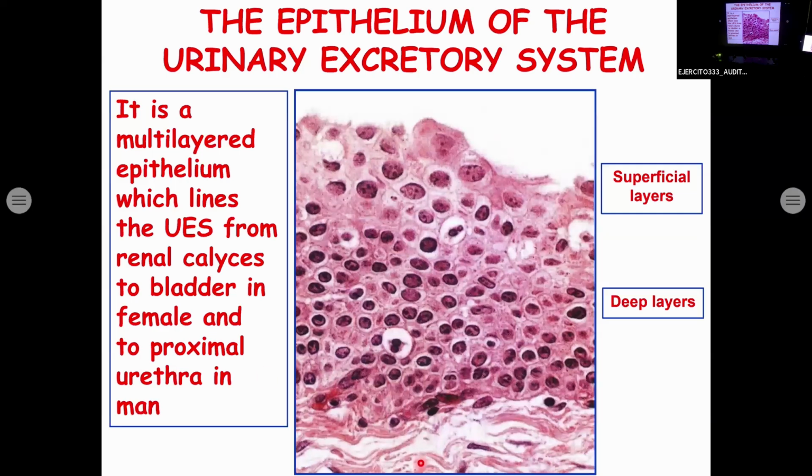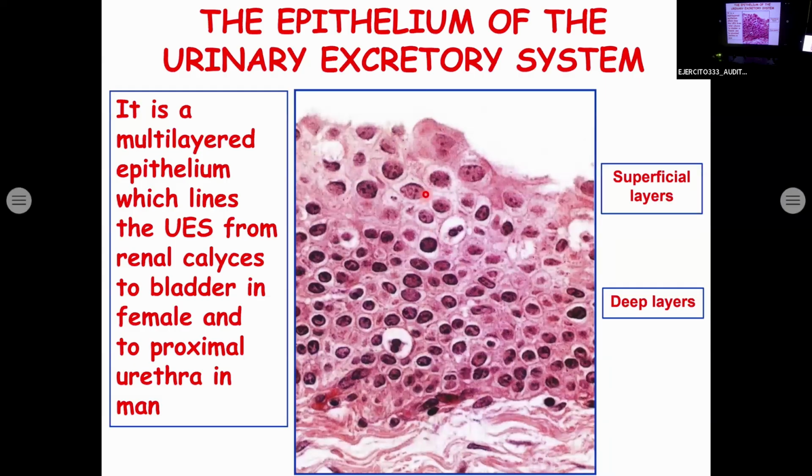And what is very interesting is that it is a multi-layered epithelium. This is the lumen of the ureter. Here is the sample coming from ureter, and here we have the basal membrane, and we have the deep layers, and then we go through them up